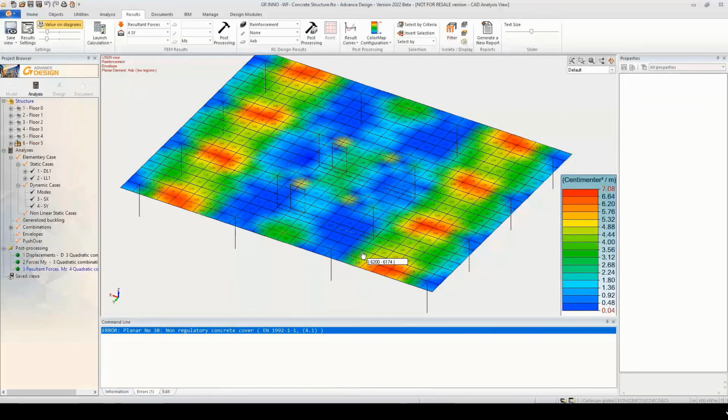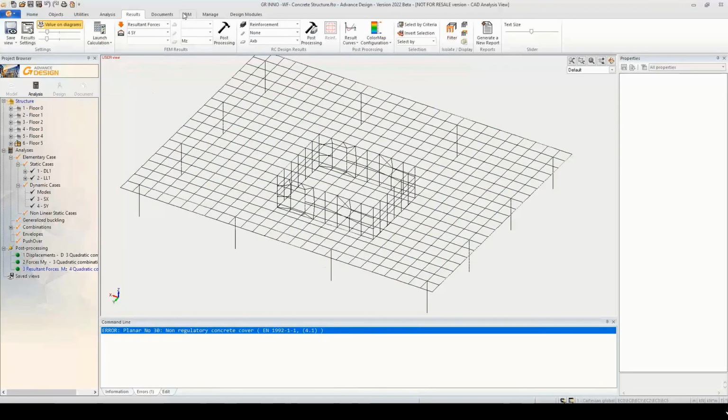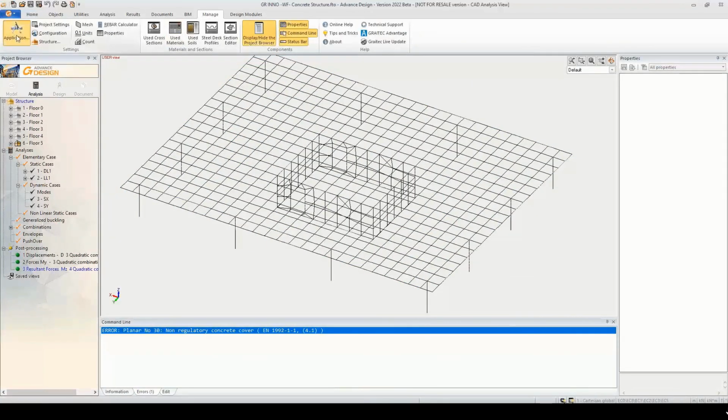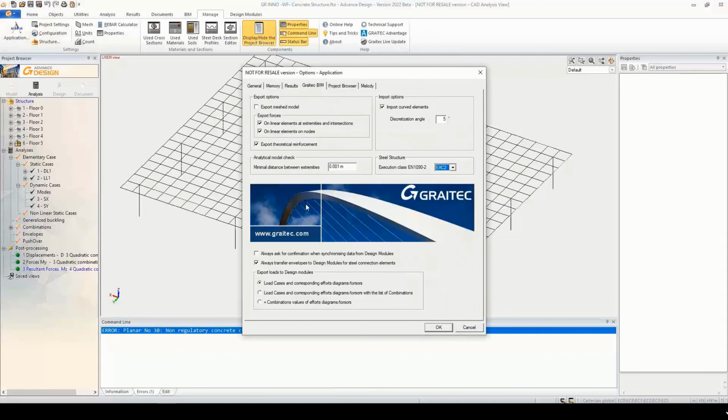We will see after that all those values will be exported into Revit. Regarding the export, it's still the Beam Connect component and technology that will be used. This Beam Connect is embedded in Advanced Design, and we have a dedicated option to export the theoretical reinforcement. So my export is a set of data that I can control.